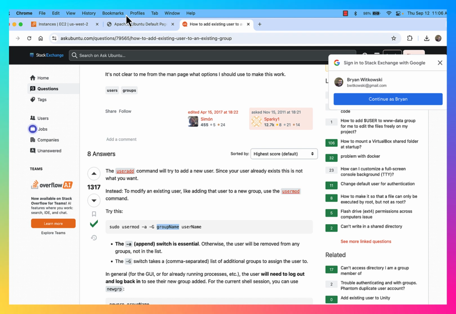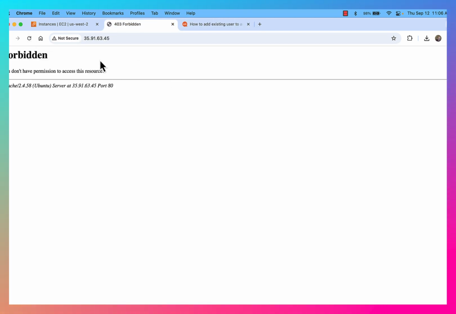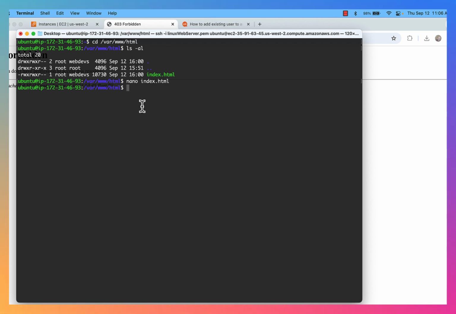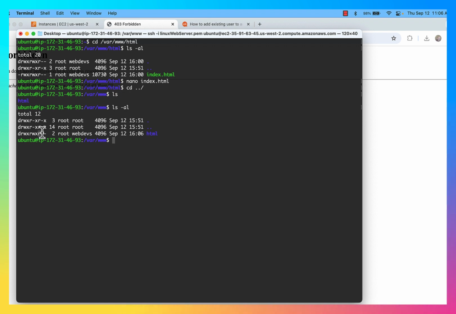So I was able to write, and now I'm exiting out, and now I should be able to come back over and see that change. I don't know why I'm not seeing that change. Okay, you don't have permission to the resource. I think everyone should have read access. I might have screwed up the permissions in the HTML folder. It looks like everyone should be able to read that file. I wonder if the execute permission is causing problems there, because I didn't have the execute permission before. I don't think it should matter, but